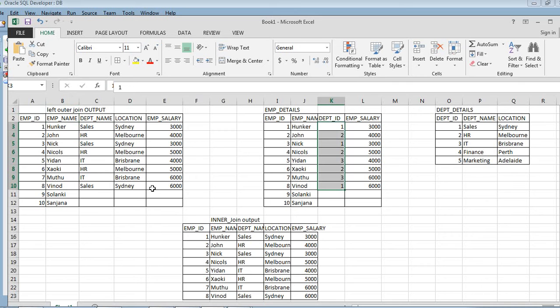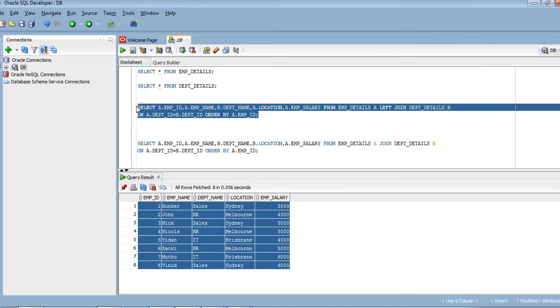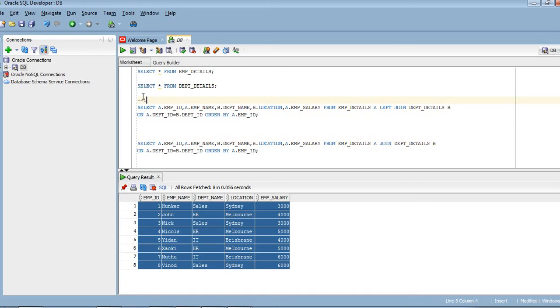Why? Let me explain once again. When we write this left outer join query, in the left of the query we have the table emp details.